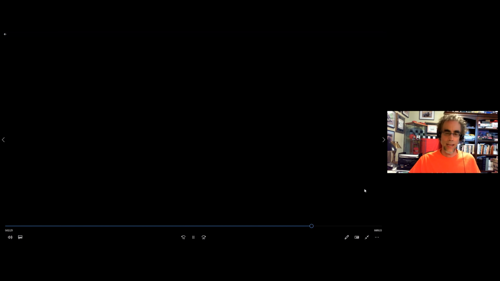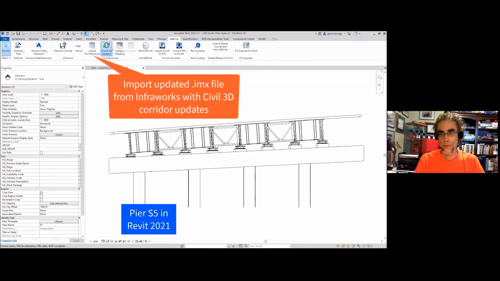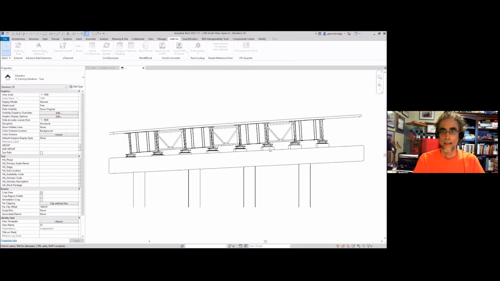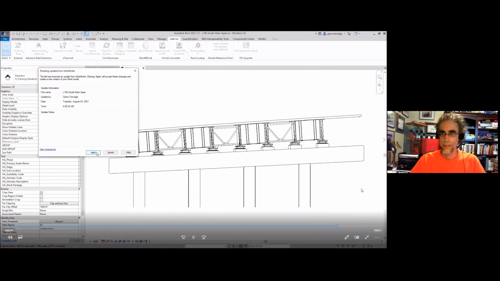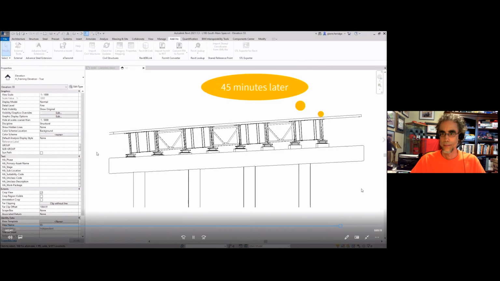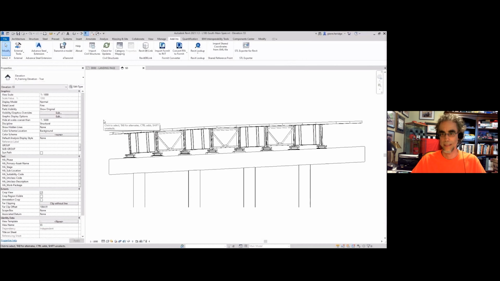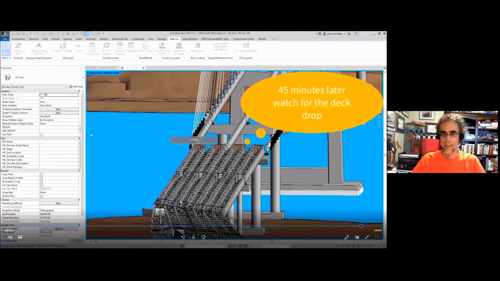Another view of it at a pier, which has bearings and pedestals for those bearings. Watch the pedestals, they adjust as the top right corner drops. And it did take 45 minutes, but it's well worth the change. To do this would take days, if not weeks.